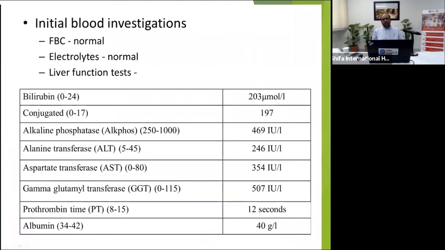So let me share with you another example of the investigations of the same baby here. Bilirubin is 203 micromoles, so it is around, I suppose, 12 milligram. And a major portion of this hyperbilirubinemia is conjugated. See the ALT and AST, they are raised along with gamma GT, and prothrombin time is normal, and albumin is also normal. So with this picture